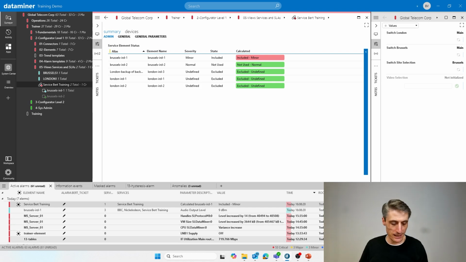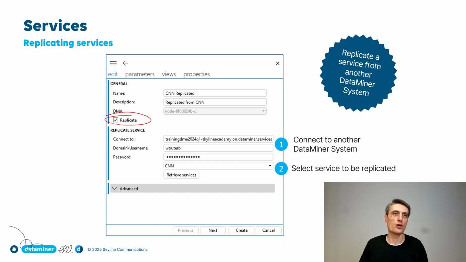Okay. So that was the final thing I wanted to add on the services, except for that replication. That's the same thing as replicating an element. I believe I explained that already. It's the same principle. If you enable the replication of a service, you can connect to another DataMiner system by